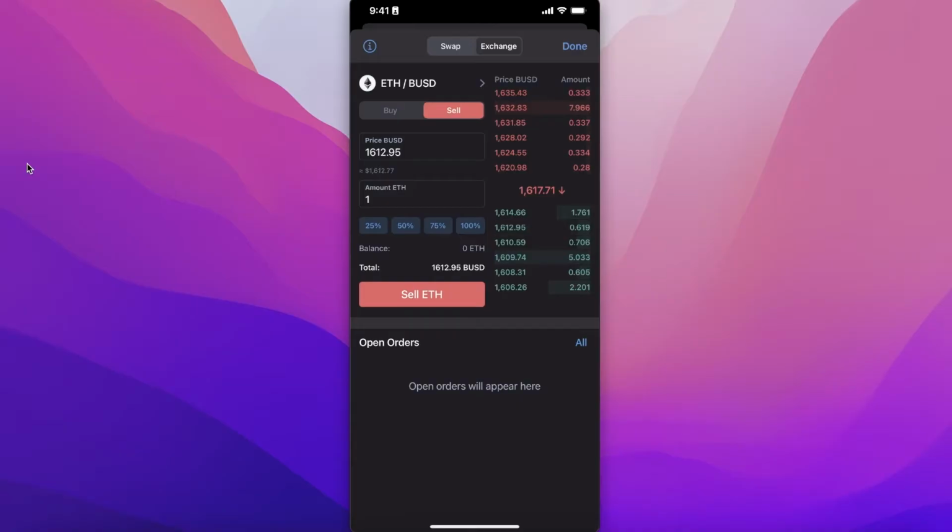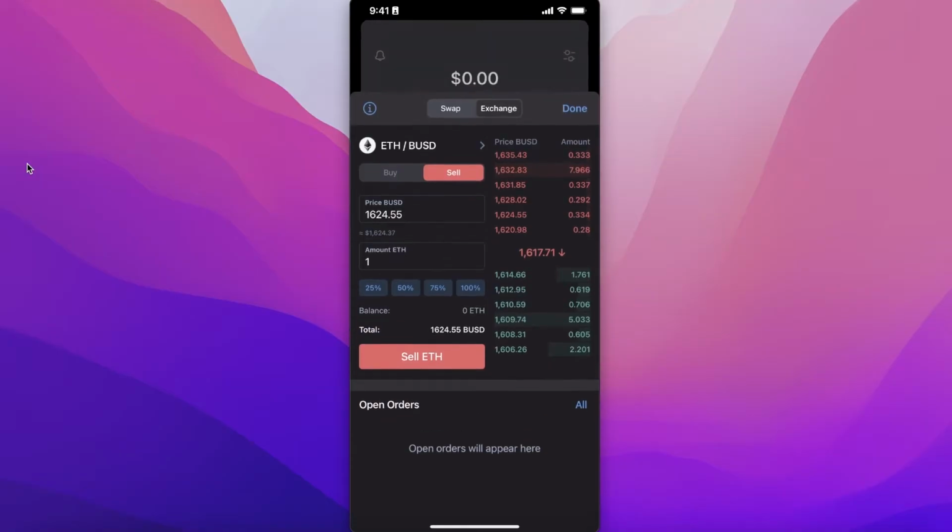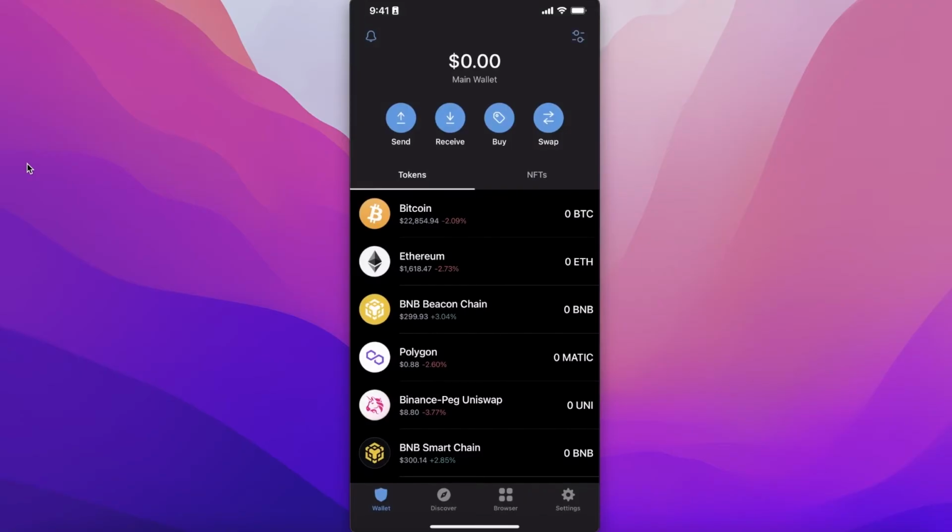So these are the prices, the ones that you see on the right side of your screen, the prices of the exchange. The red prices denominate the prices that actual ETH is being sold at, and green are the different offers that people are giving out. So you can get a better price for the token that you are looking to deposit or withdraw from your